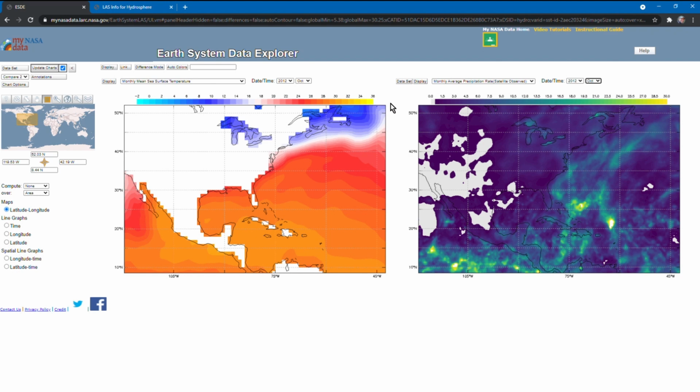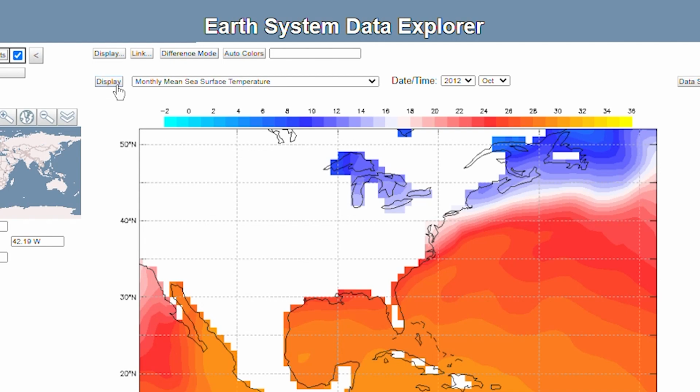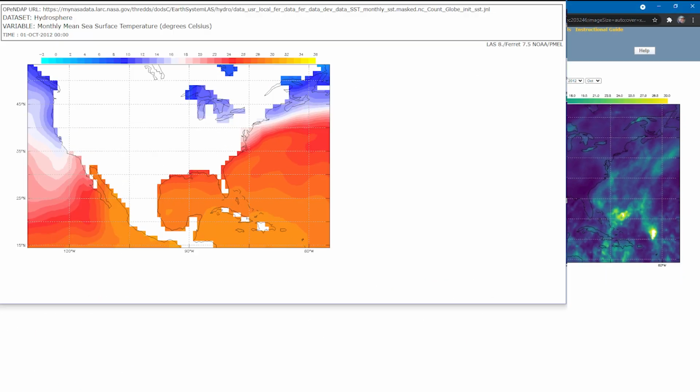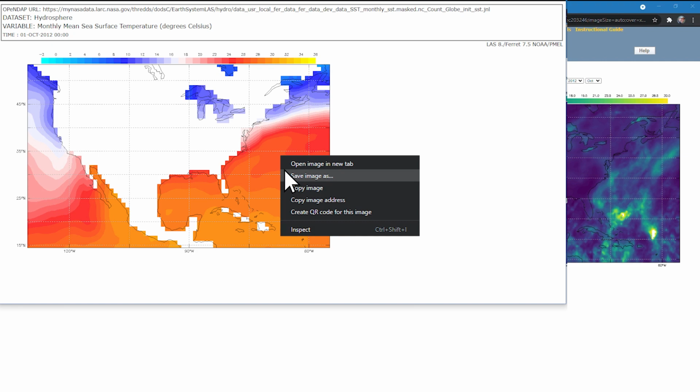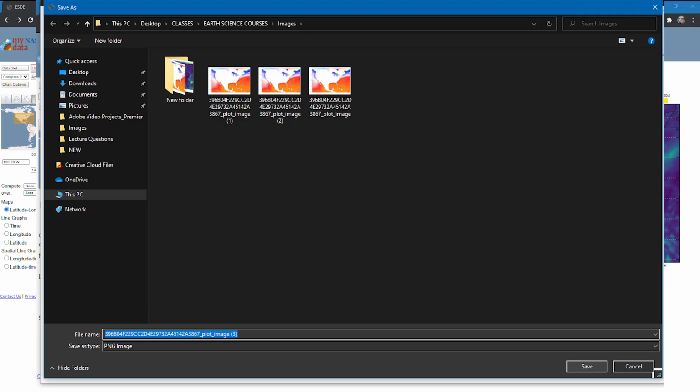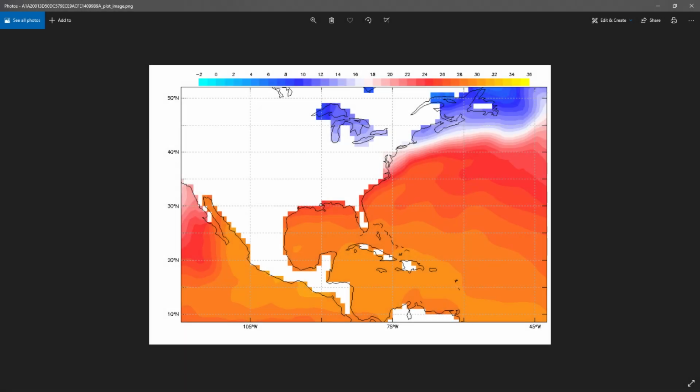Lastly, when we're finally satisfied with our results and we would like to keep this information, we can export the images. If we go to Display above the map, or if we're just on the one chart, we could use either one. Now we have a nice image, and we can go ahead and either print this like we would normally print any other web page, or we can right-click with our mouse and click Save Image as a PNG. This will be another way we can use the images for a project or a presentation. If we're doing a presentation, we now have a visually appealing image.